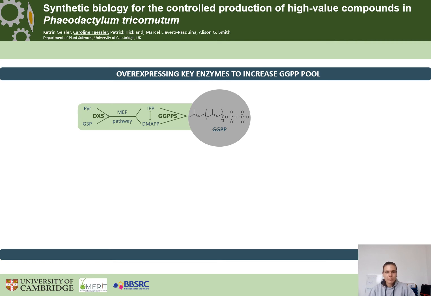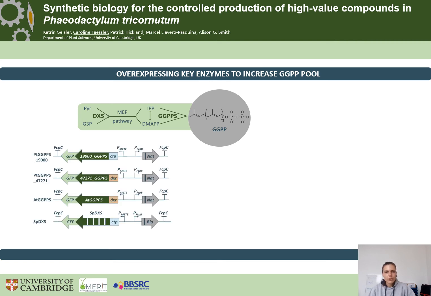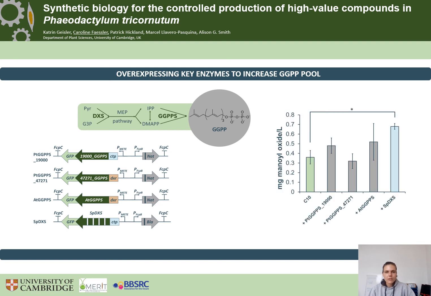molecule, GGPP. To this end, we overexpress two enzymes involved in the GGPP biosynthesis, namely DXS and GGPP synthase. Our data shows that neither overexpression of endogenous nor foreign GGPPS enhanced the mannose oxide production. However, when DXS was overexpressed, as can be seen in blue in the graph, we found a significant increase in